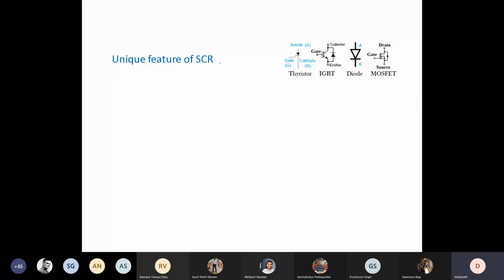What else? Achha, this also you have to remember. I don't have much time now. I'll just take up this and we will wind up. The unique feature of the thyristor, you remember, with respect to this popular device, is that it can block negative voltage easily, right? To a decent, considerable amount.